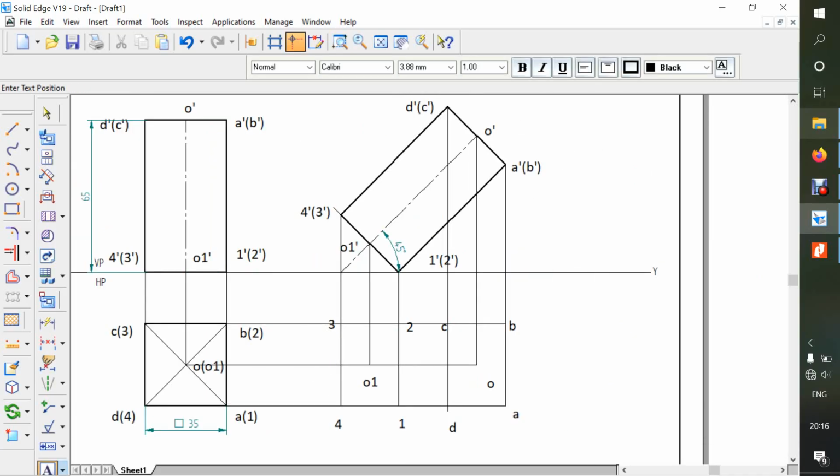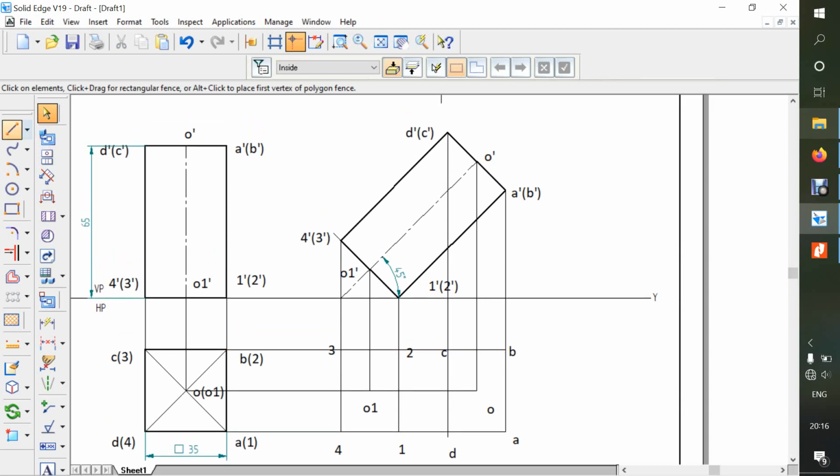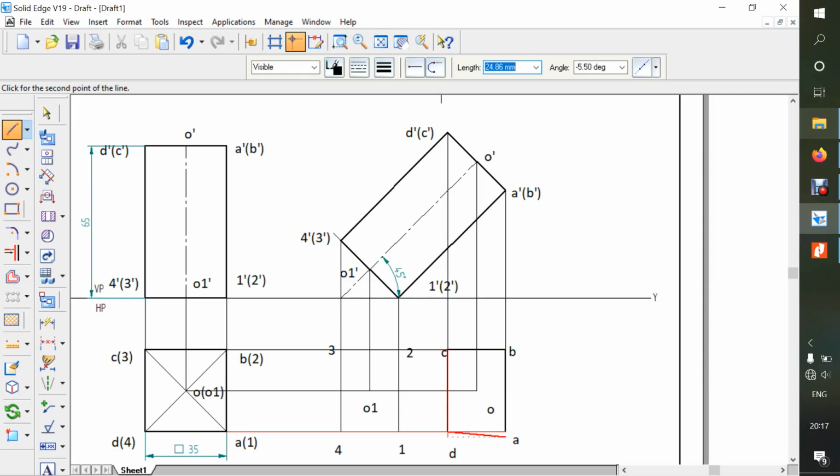Now, as I said, ABCD is visible, so we'll select a line with weight 0.5. As I said, we'll take 0.7 and overlap one more line, A to B to C to D and to A. So ABCD is visible.